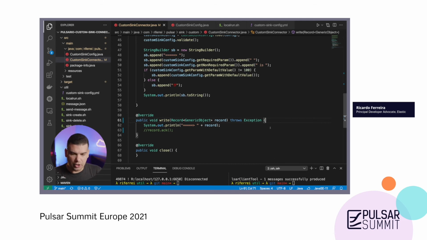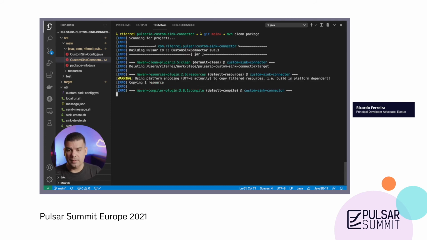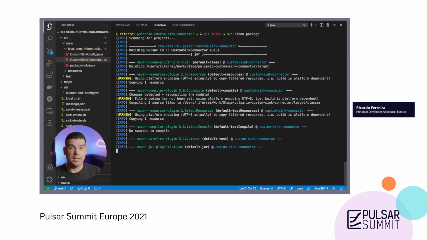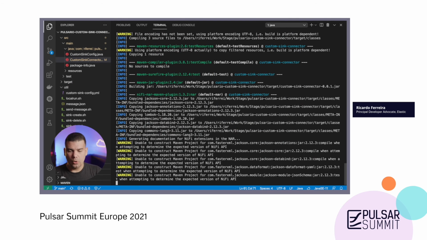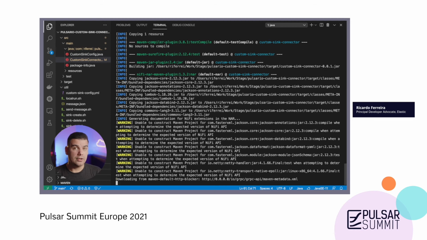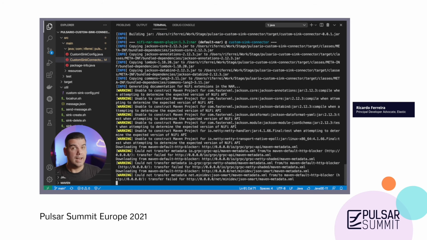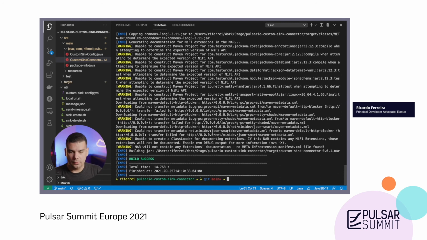So with this new version of the code, I am going to perform a new build, because we need to update the definition of the NiFi archive so we can see the changes in the behavior. Just to recap, in this new version of the code, we are no longer acknowledging any messages that are received, and we are no longer treating the messages as a string. So the new version of the NiFi archive has been generated.